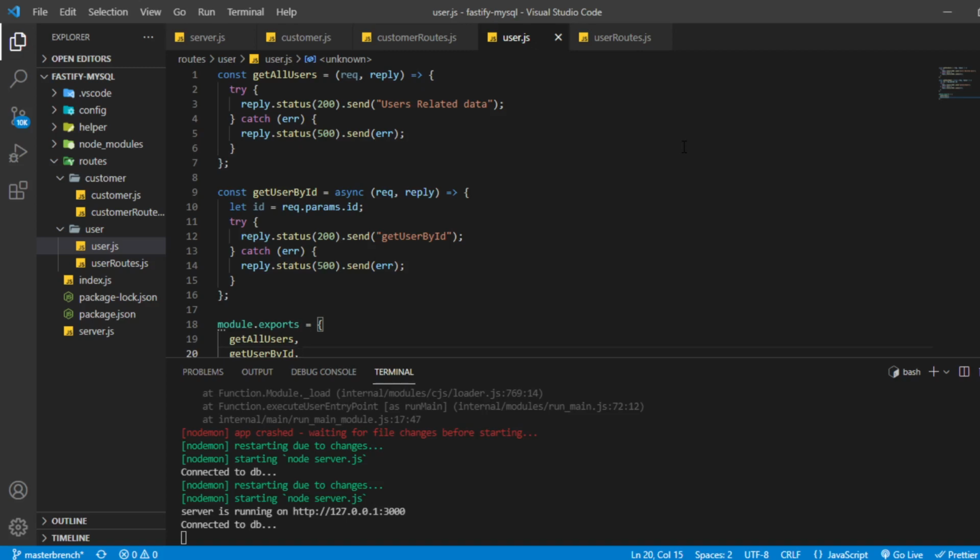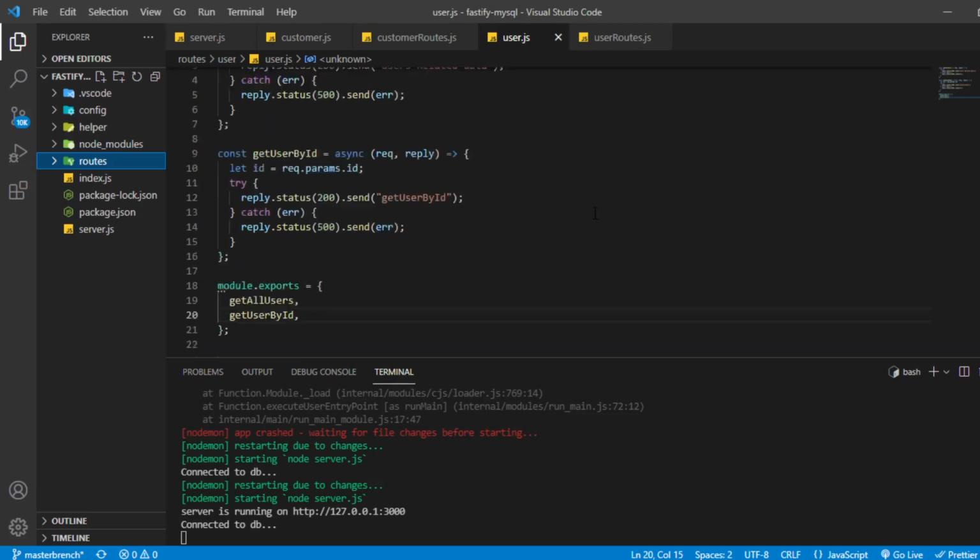So you have to maintain your code according to your entities and according to your routes. If I am going to make a big project, then I'm going to follow this because I personally really like to organize code. It helps a lot to understand the code and also to work well.